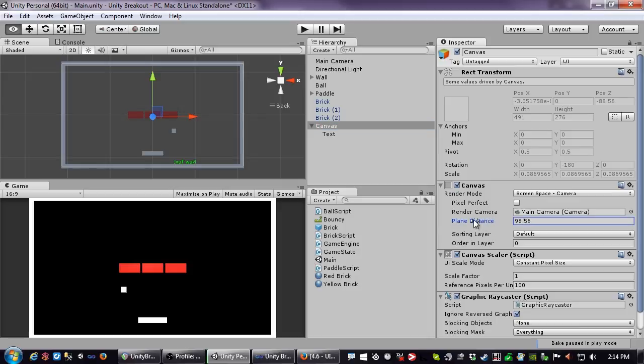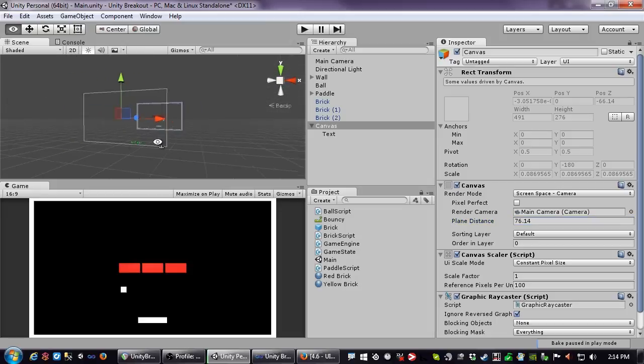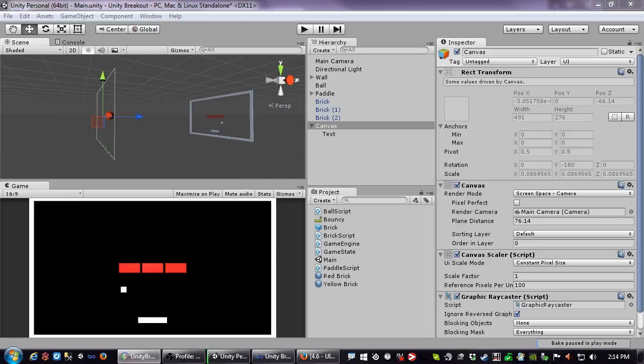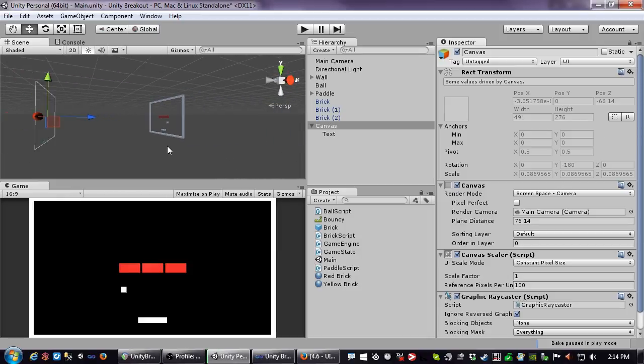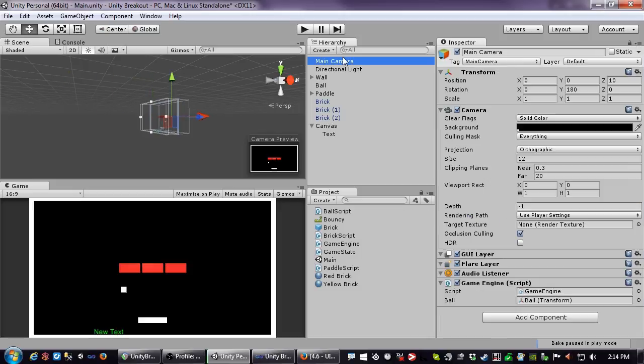Our planar distance, I think we're too far in front of our camera. Let me go ahead and get out of that mode, get into a mode that I can see where we're actually located right now. As I change this planar distance, I move it closer. There we go. Now we pop in. So if I click on my camera, you can kind of see the box that we have set up right now. We tightened that up in an earlier demo